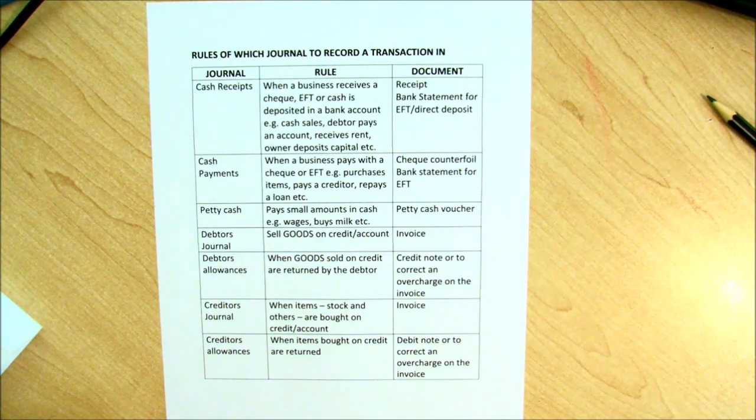At this point in your syllabus, you should have finished drawing up all the different journals that you've got, with the exception of the general journal, and maybe you might still have the wages and salaries journal still to do. Now, at this point